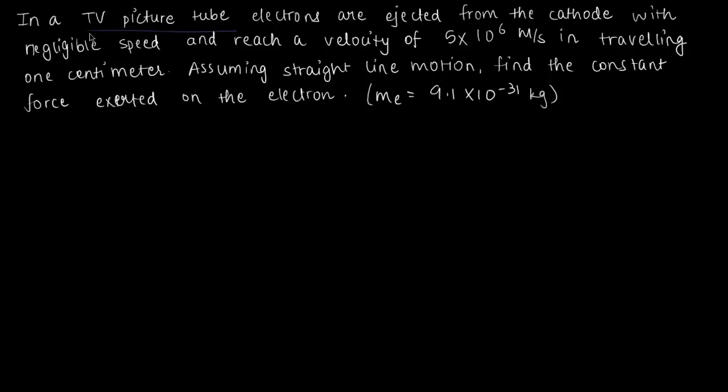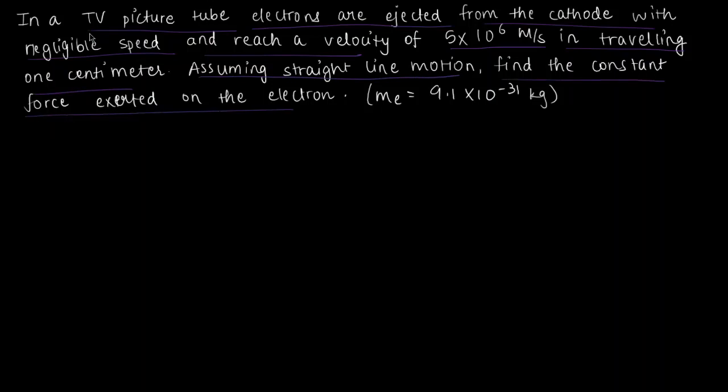In a picture tube, electrons are ejected from the cathode with negligible speed and reach a velocity of 5 into 10 to the power 6 meters per second in traveling 1 centimeter. Assuming straight line motion, find the constant force exerted on the electron. The way we can approach this is, first let's find the acceleration it will take for this electron to